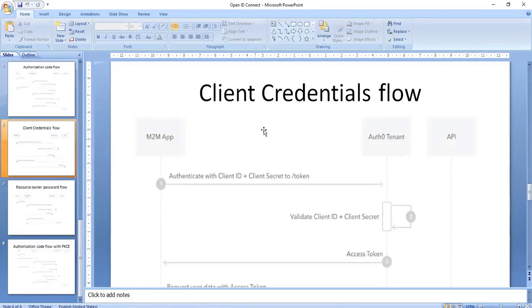So the client credential flow will be mainly used for an application-to-application talking mechanism. There will be no human in the middle to enter the credentials or confirm the consent.